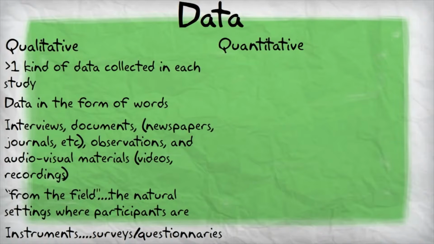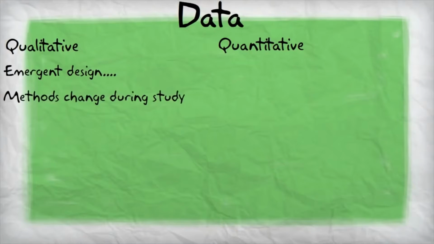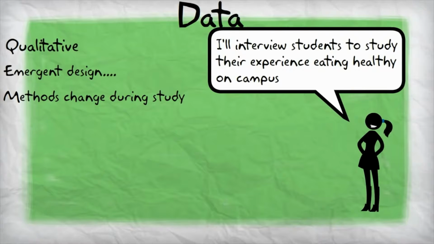It's also important to note that a hallmark of qualitative research is its emergent design. This means that the way in which the study is conducted can change during the study. During qualitative research, it may become apparent that other forms of data from other groups of people should be included in the study. For instance, let's say that a researcher is studying college students' experience trying to eat healthy on campus. Originally, the researcher has planned to just interview a bunch of students, but let's say that during the interviews,